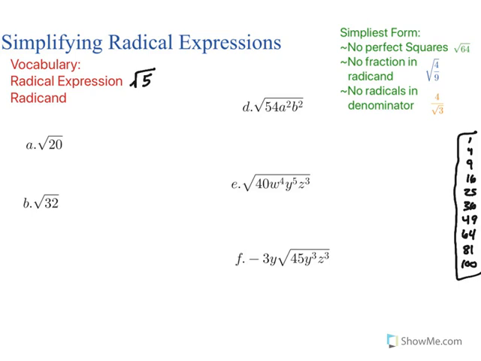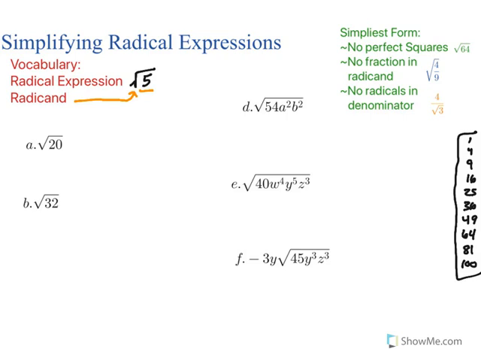Now the radicand is the part that is underneath the radical sign. It could be a variable, it could be a number, it could be the product of those two things. In this particular case, 5 is our radicand because that is the part that is underneath our radical sign. Awesome. Now that we know what a radical expression is and what a radicand is, let's begin the process of